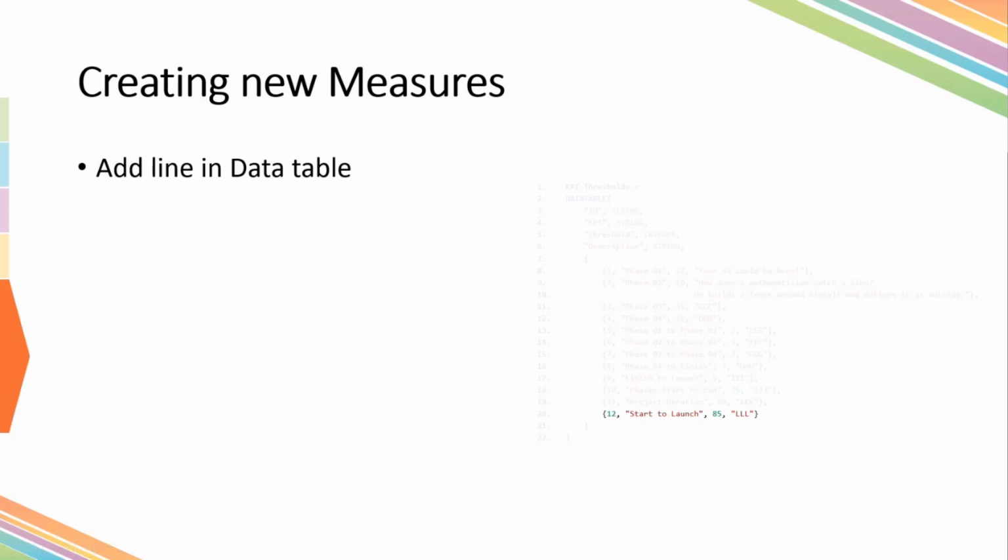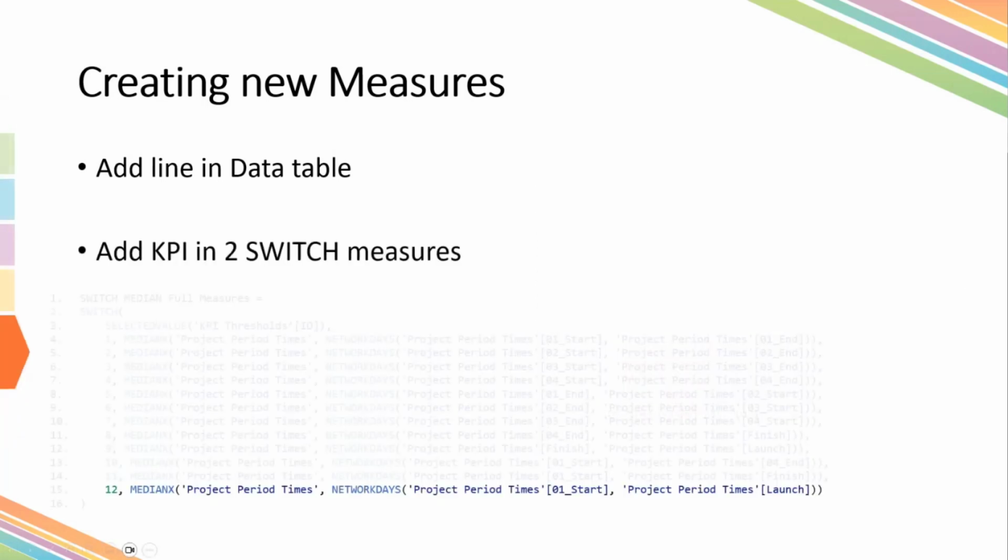You can add or change the name of the KPI, the threshold that it has, and the description that it's supposed to have. Then you do the same change in the two switch measures. You just copy and paste each individual line or box, and just change the ID and the columns that you want to use. So for somebody that's not really used to working with Power BI or coding as a whole, just copy pasting one line is simpler than having to write everything in a new measure where you don't really see what the other lines look like.